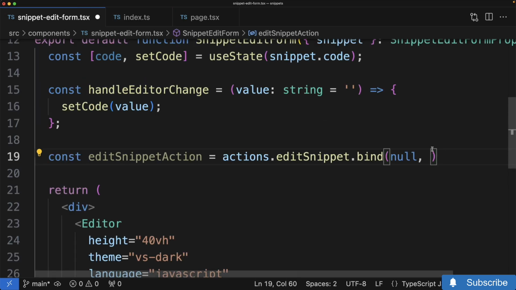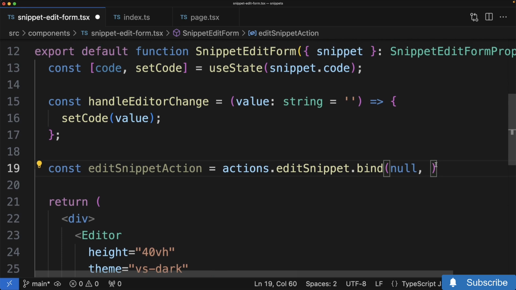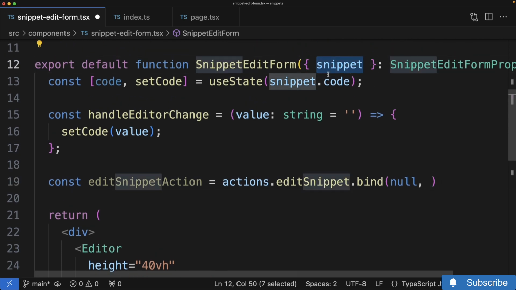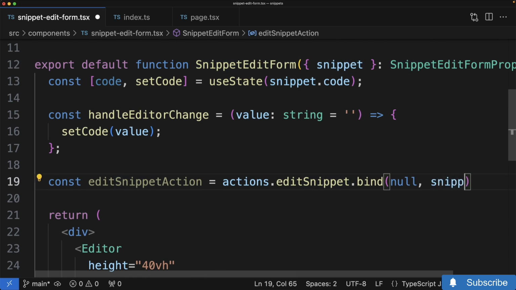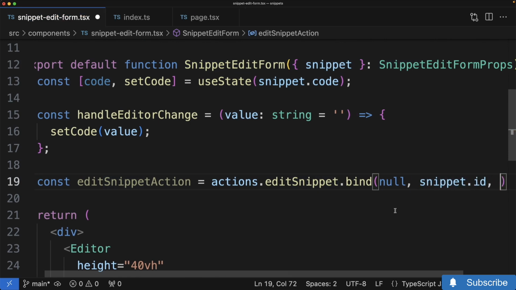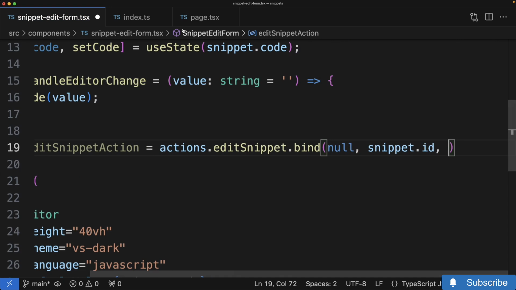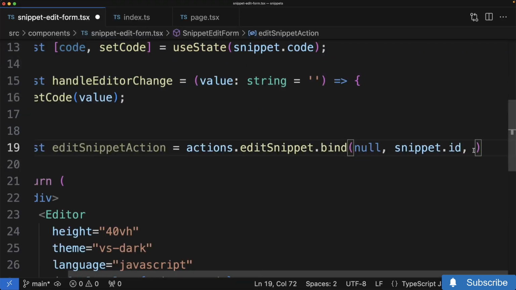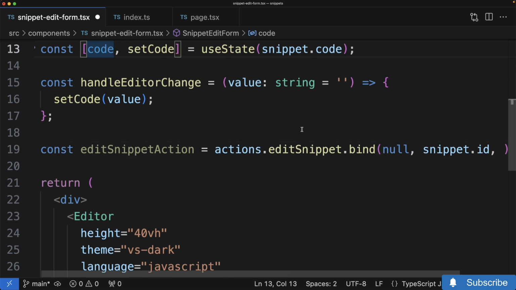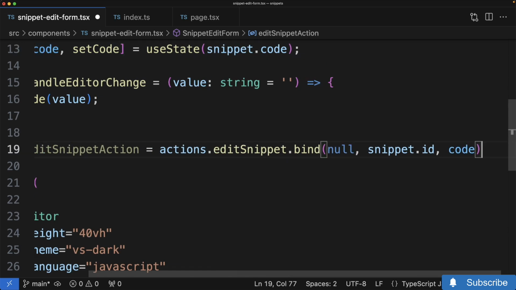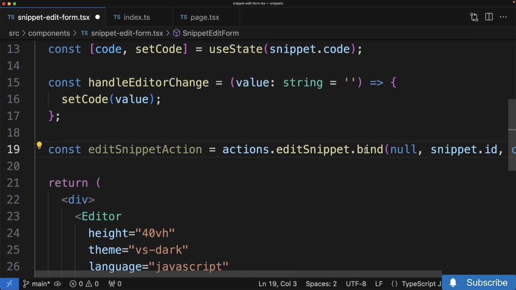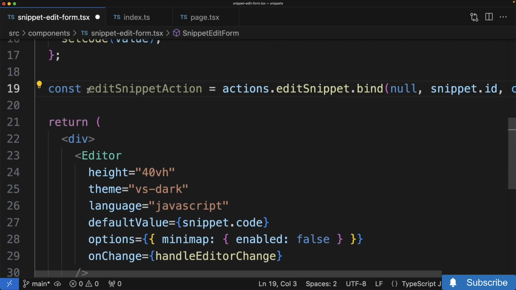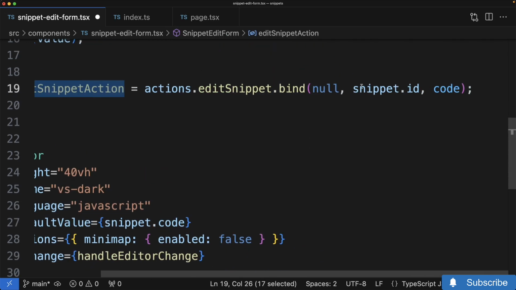So in this case, the second argument to bind needs to be our snippet's ID, which we can take off of our snippet prop right here. So I'll put in snippet.id. Then the third argument to it is going to be the second argument to our server action. In this case, our code. So for the third argument into bind, we'll pass our code piece of state. And that's it. So now we've got a version of our server action that's already kind of preloaded up with